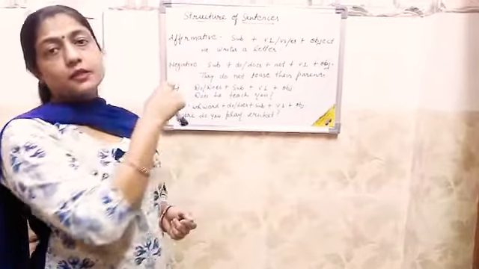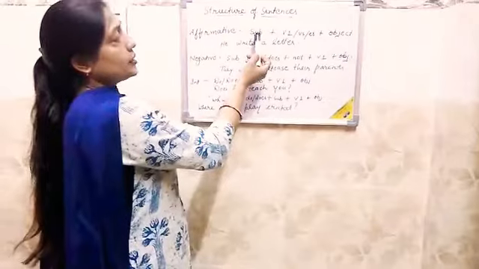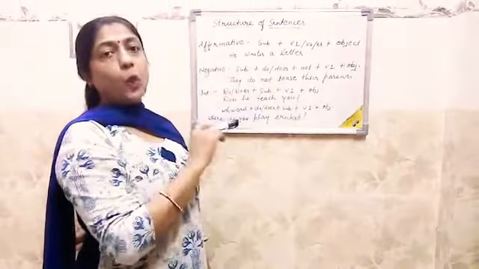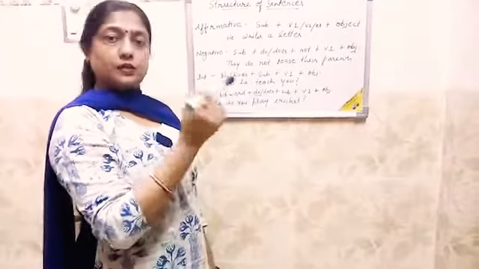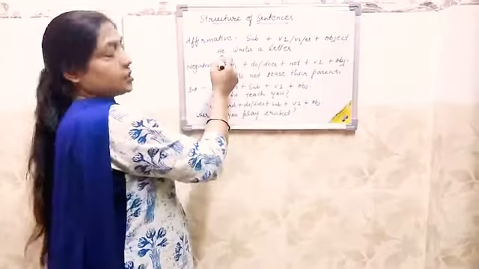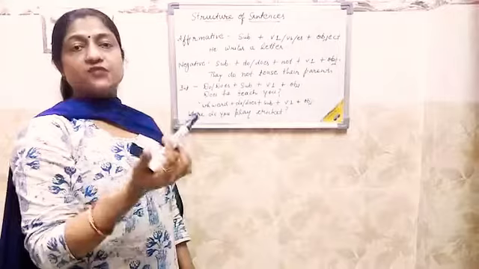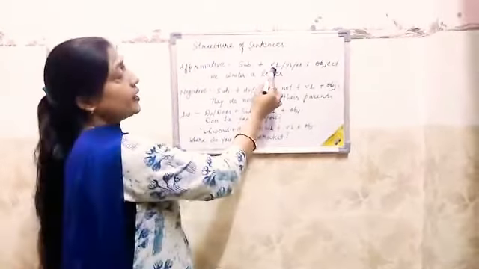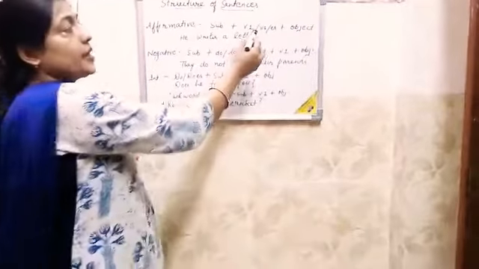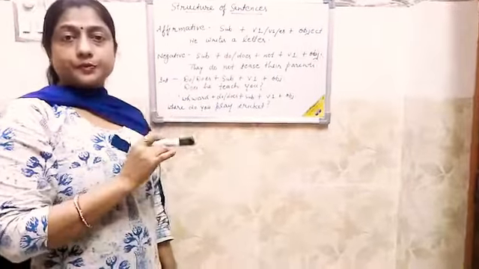The three kinds of sentences all the tenses have. So first of all, affirmative sentence: subject, verb and object. This is the formation of all the sentences. There is subject, then verb and then object. So subject, then V1. V1 means the first form of verb. So we always use the first form of verb. Sometimes we can see the S or ES with the verb.